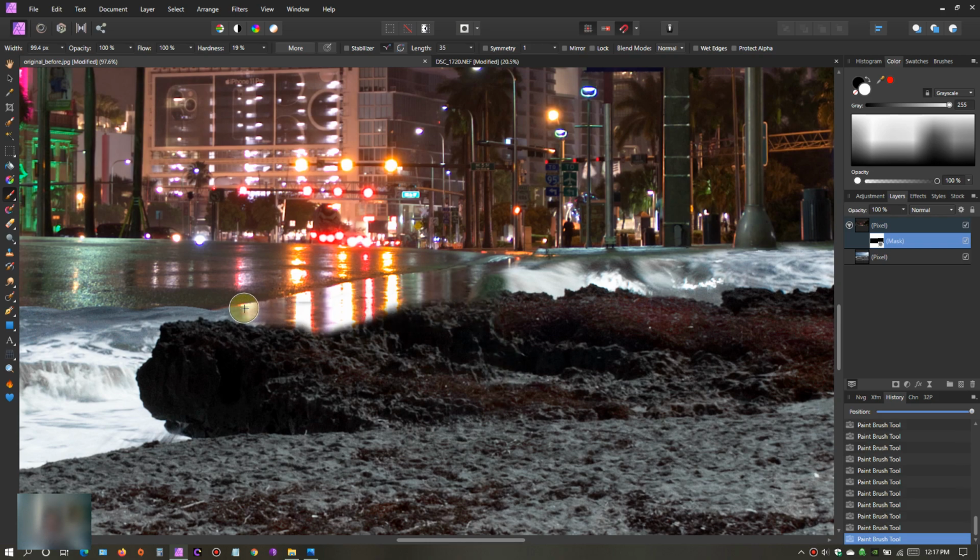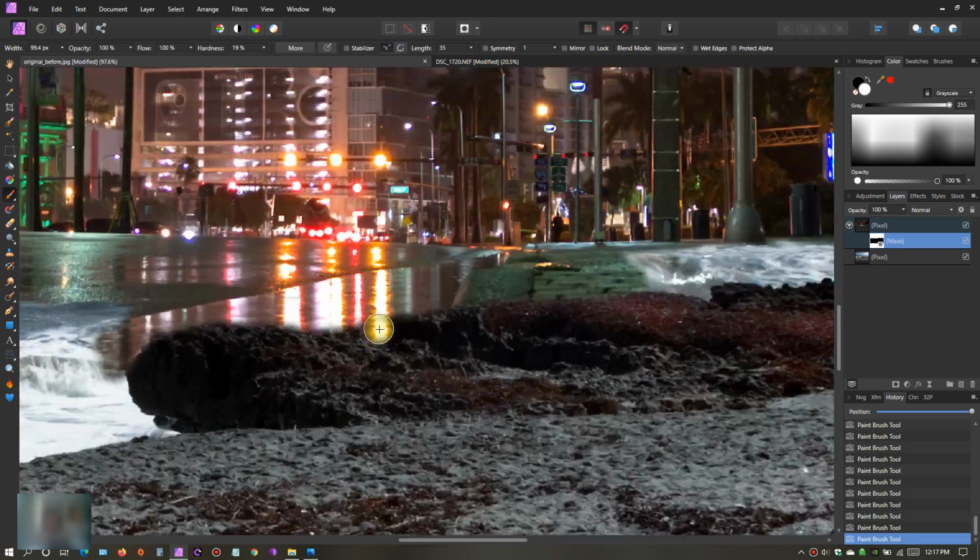Let me get rid of this. So I'm gonna see how this looks. I know this looks bad, but just give me a second here. Alright, so this is the actual water in the street from the rainfall. So I can keep that look right there, or